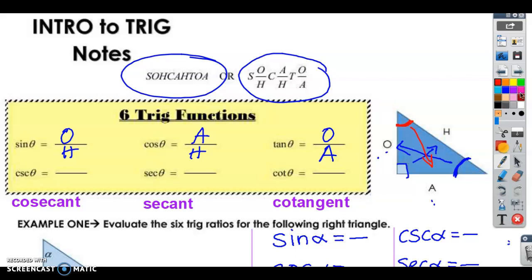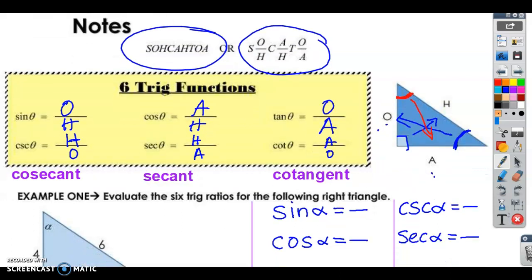So the reciprocal functions are, you know what a reciprocal is, right? When you take the numerator and the denominator and switch them. The reciprocal of sine is the cosecant, and that is just when you switch the numerator and the denominator. Same for secant, that is the reciprocal of the cosine. And the cotangent is the reciprocal of the tangent. Now, in examples like the next one,